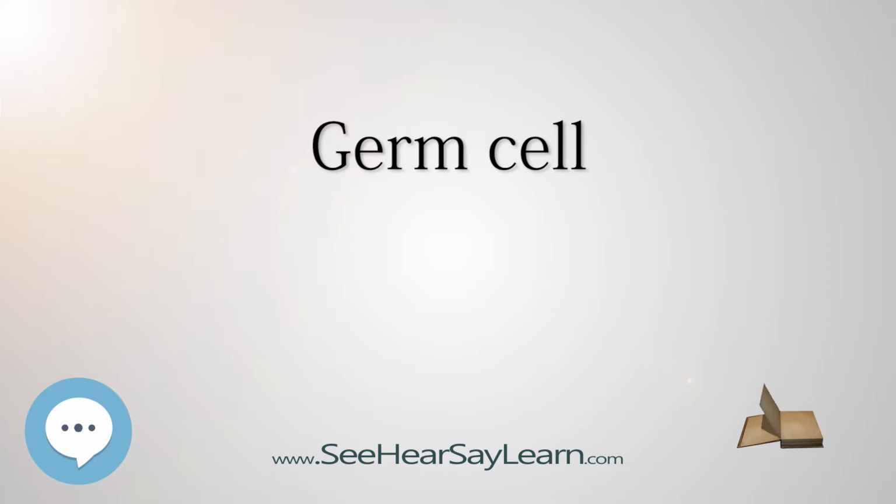The thecal cells around each follicle secrete estrogen. This hormone stimulates the production of FSH receptors on the follicular granulosa cells and has at the same time a negative feedback on FSH secretion. This results in a competition between the follicles, and only the follicle with the most FSH receptors survives and is ovulated. Meiotic division I goes on in the ovulated oocyte stimulated by luteinizing hormones, LHs, produced by the pituitary gland.